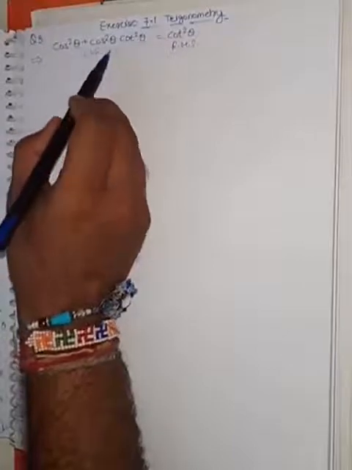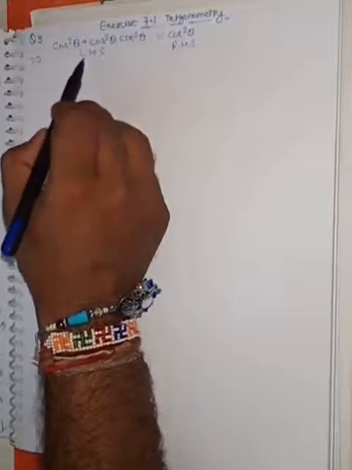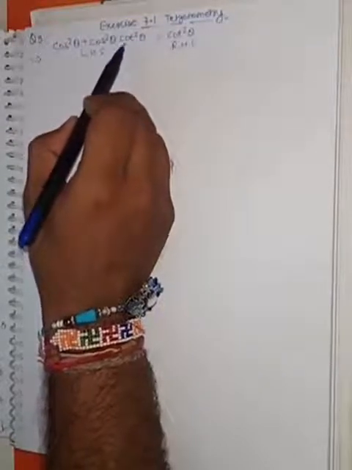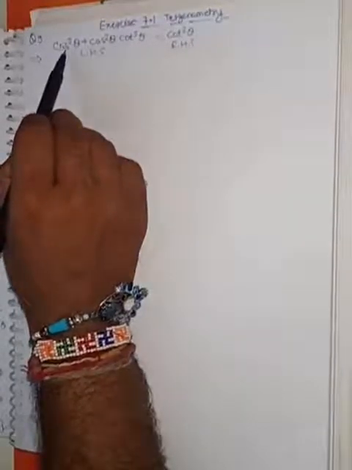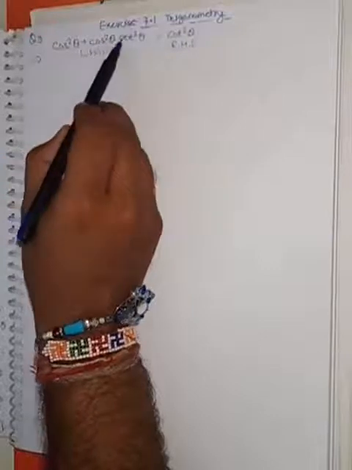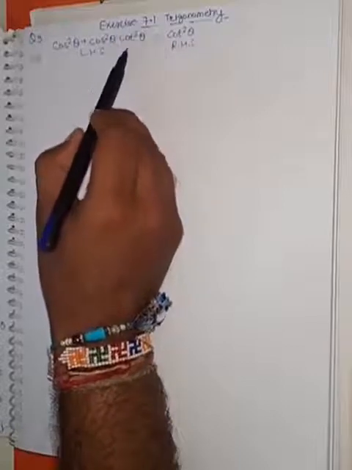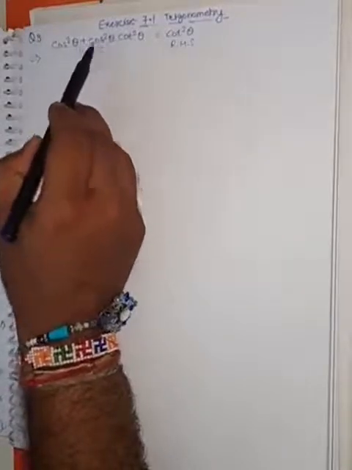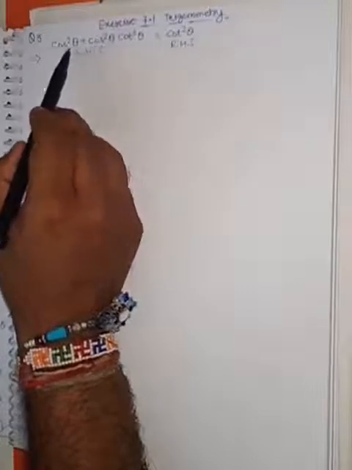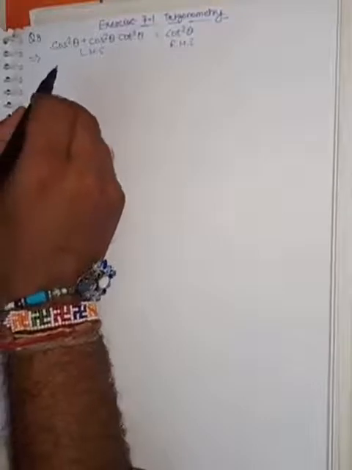I have already told you that we need to convert all the terms represented in the left hand side into the sine and cos theta form. Here we have already got cos theta, here also cos theta, but here we have the term cot square theta. So we will convert this cot square theta into sine theta or cos theta. But before that we see that we can take cos square theta as a common value from both of these terms. So let's start our solution.